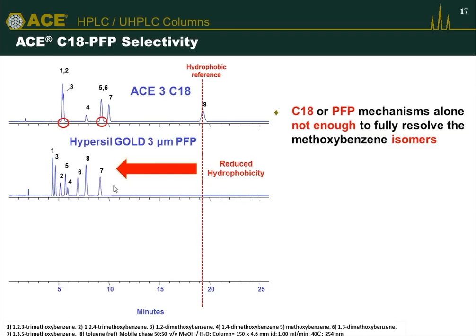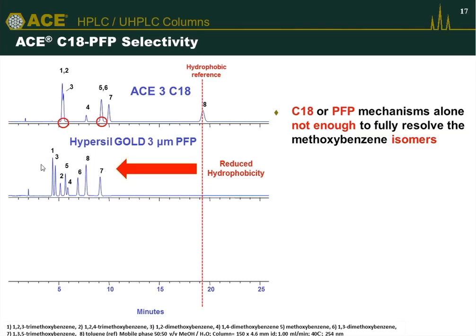That shows you the power of the PFP ring, even with a small spacer chain between the ring and silica, there's almost complete resolution of this mixture and all those components. There's a slight correlation between peaks 5 and 4 here. But you can see the reduced hydrophobicity of the stationary phase, peak 8, toluene, eluting in the center of this